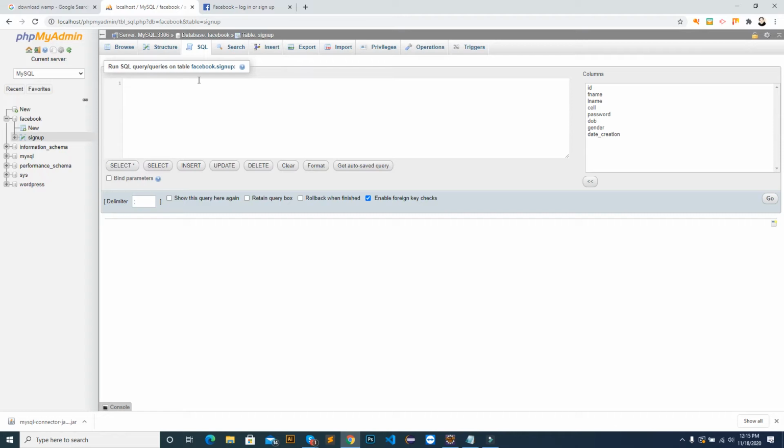The student has a relation with the course table, with the teacher table, with the quiz table, the exam table. These are all tables and these are called relations. It means one student can have many courses, and one teacher can teach many students.